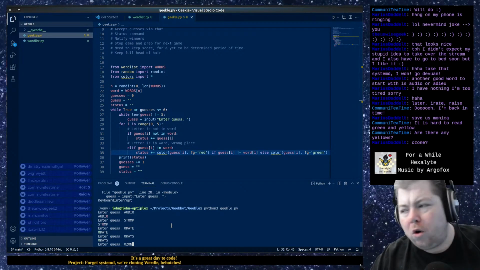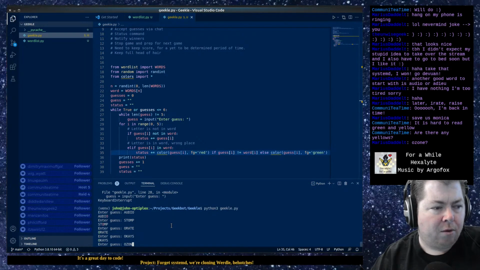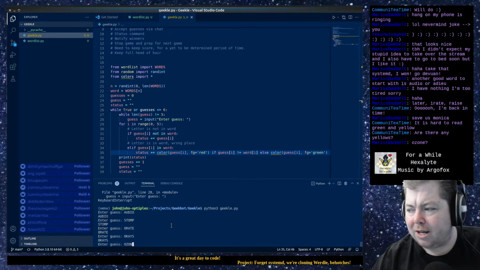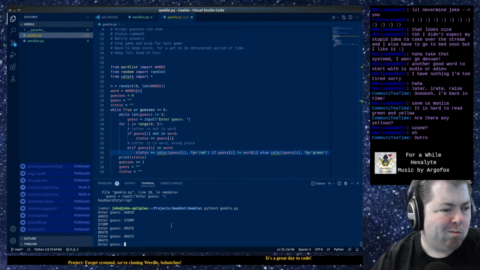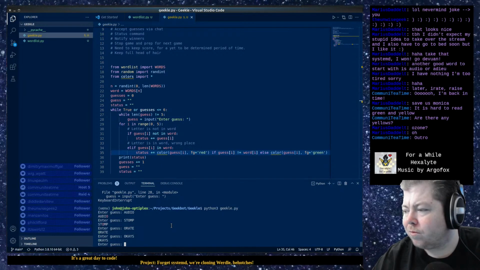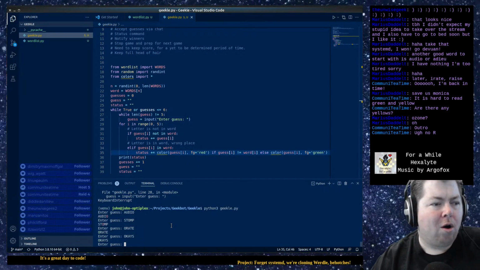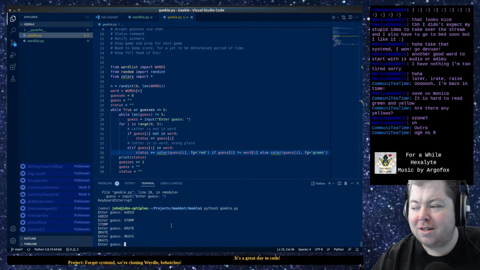I don't know if it'll be ozone because there's no E at the end. And we already tried E at the end with orate. Yeah, no O. You know what sucks about this?